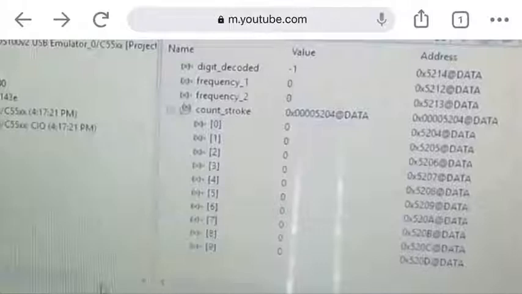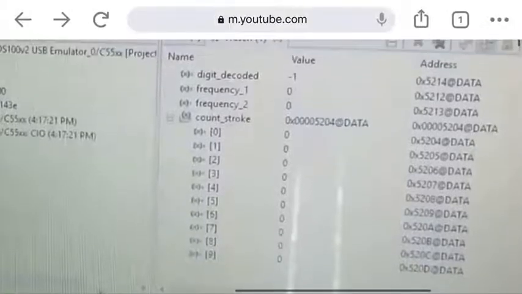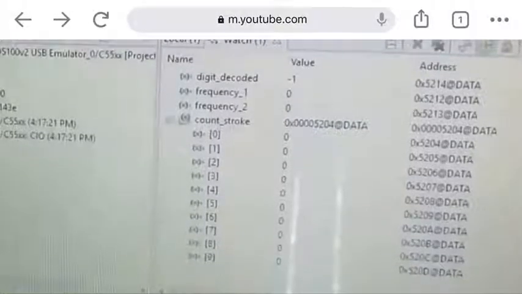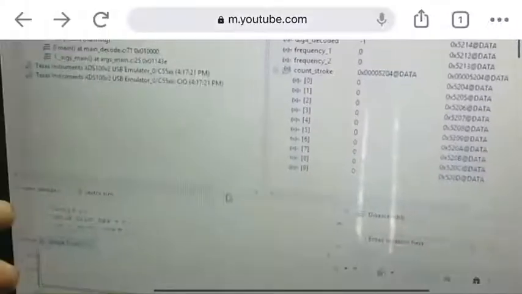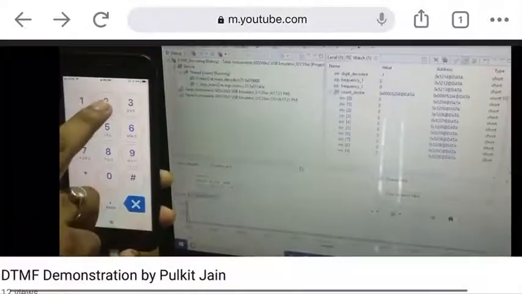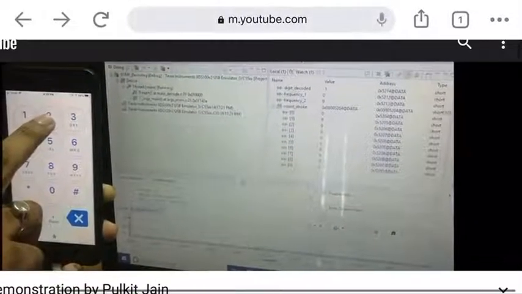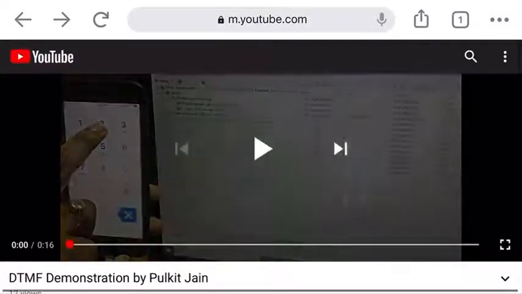Whatever digit has been decoded based upon those frequencies will appear there. Also, the frequency that is decoded here will not be exactly the same as the one mentioned in that figure. You have to take a margin for that, because we do not have infinite precision. Let's play the video now.